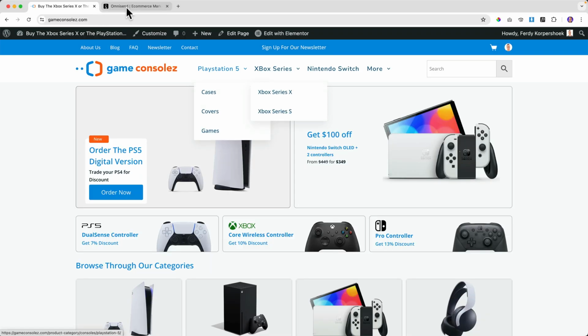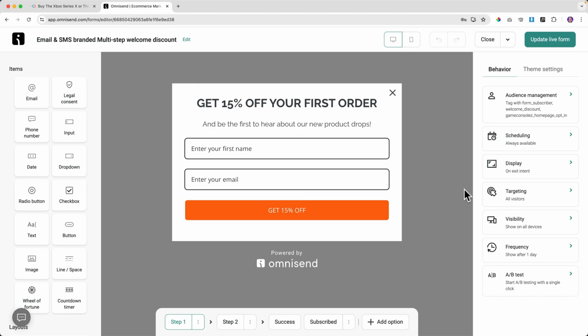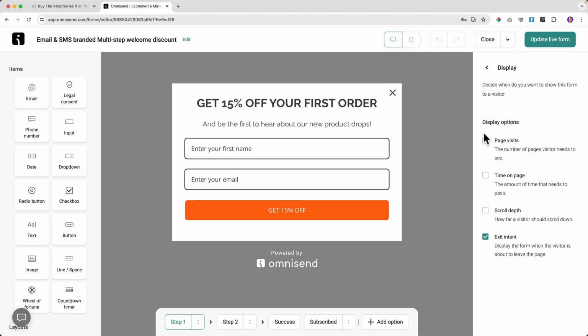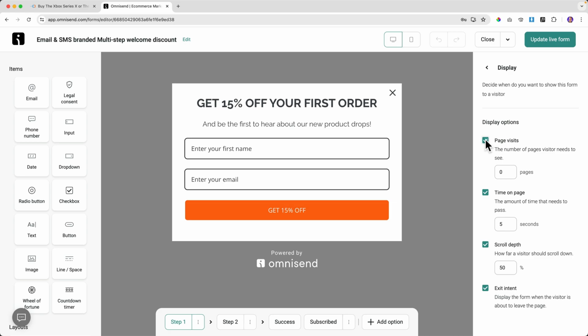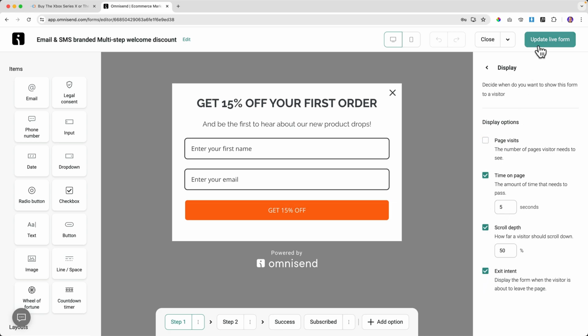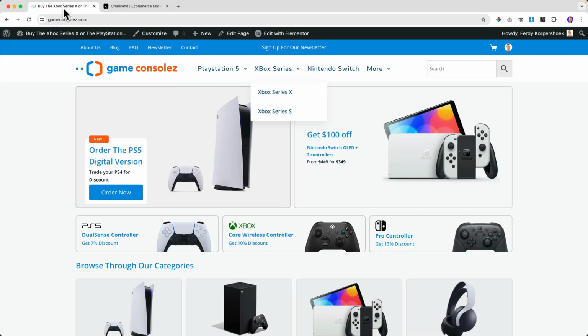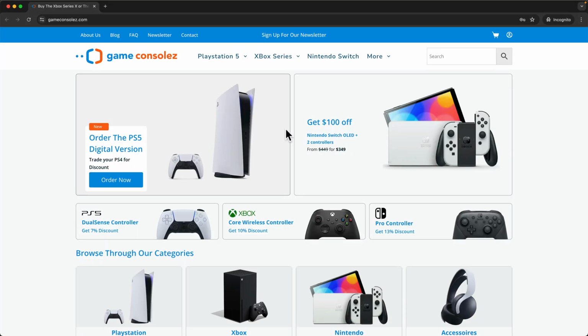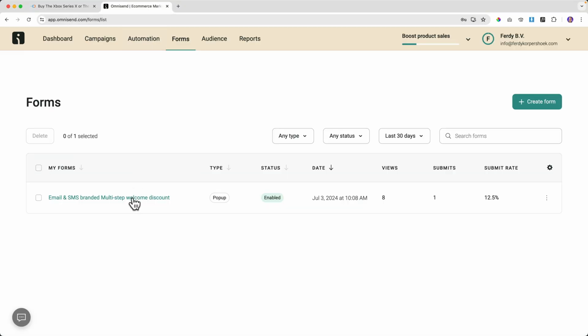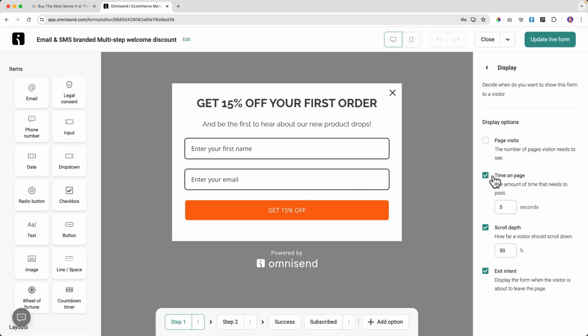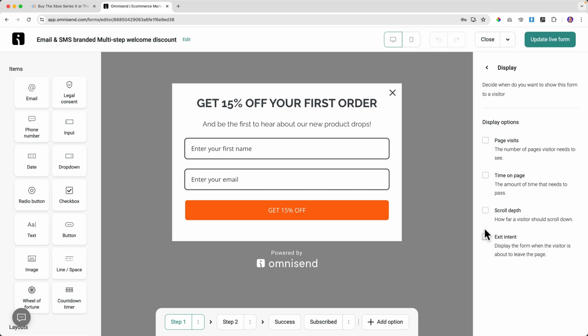And you can also combine multiple display settings. So, either they should stick for 5 seconds on the website, or they have to scroll for 50%, or they have an exit intent. And then the first one that will be triggered will activate the pop-up. So 5 seconds, I can wait, or I can scroll, or I could do the exit intent. So you can also combine them. Well, if you say nothing, it will appear at once.